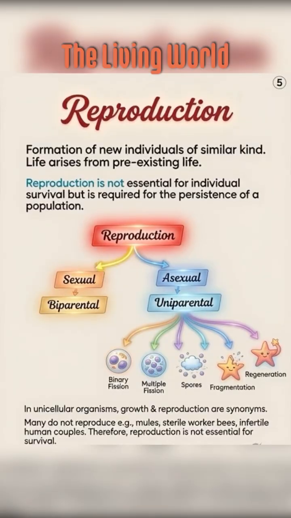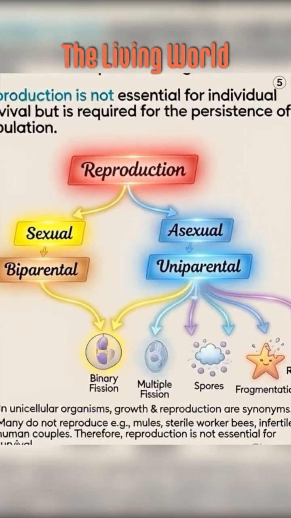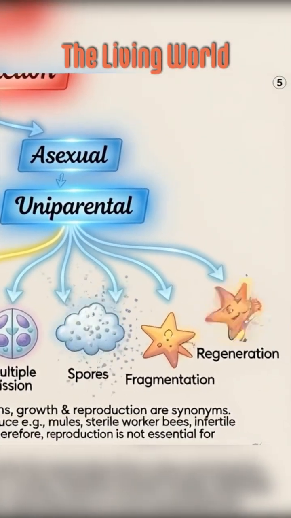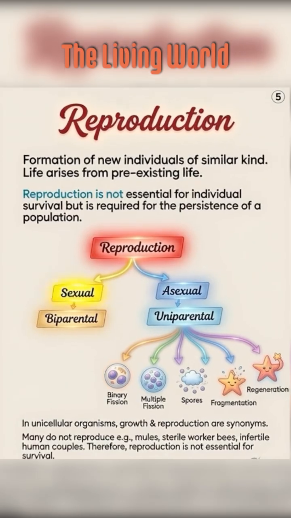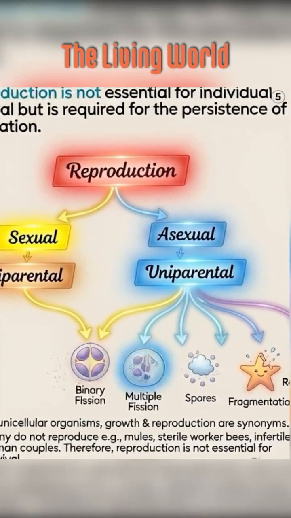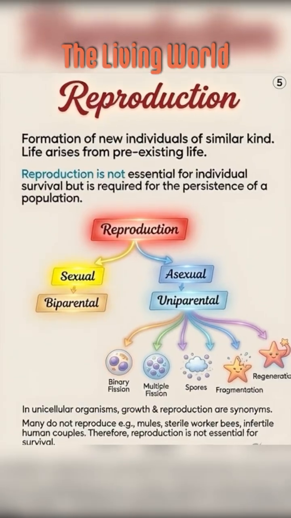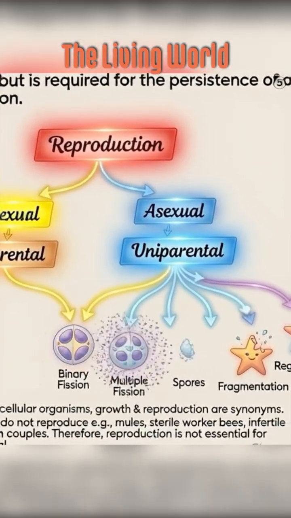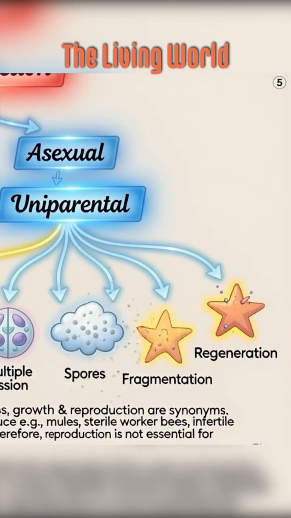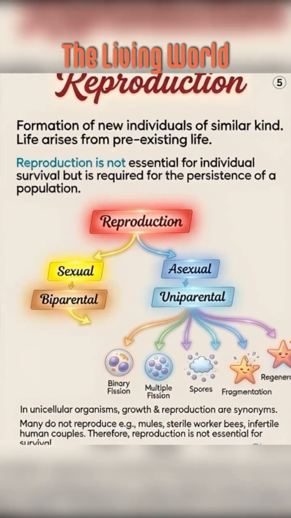Reproduction is not essential for the survival of individuals. It is required for the persistence of the population. This is the ability of the young ones to become mature. Reproduction is of two types, sexual and asexual. Sexual is biparental, whereas asexual is uniparental, which can be further categorized as binary fission, multiple fission, spore formation, regeneration,